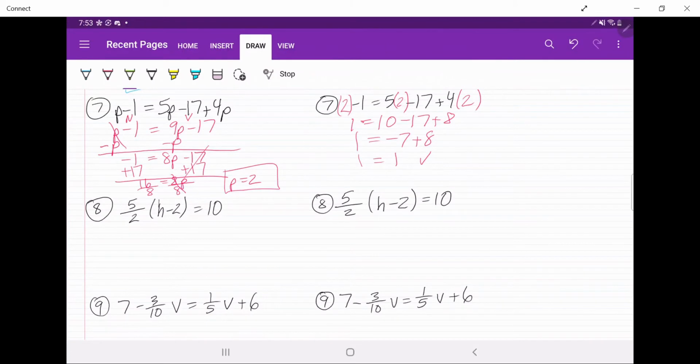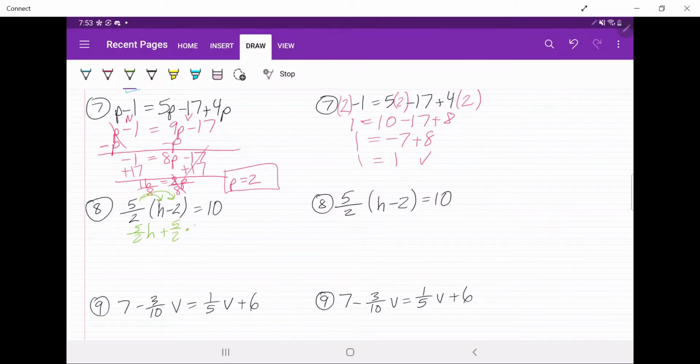Okay. In our next problem, problem 8, it says 5 over 2 times h minus 2 equals 10. What makes this problem different is that it involves fractions. So when you have fractions, there are different ways of doing this problem. One way I'll do this one is just distribute the 5/2 to both the h and the -2. So 5/2 times h will be 5/2 h, and 5/2 times -2 is basically doing